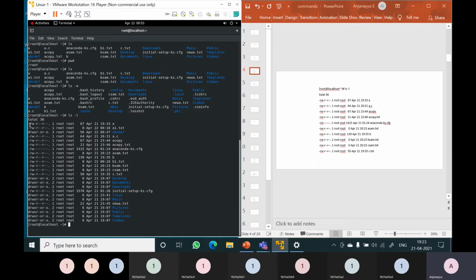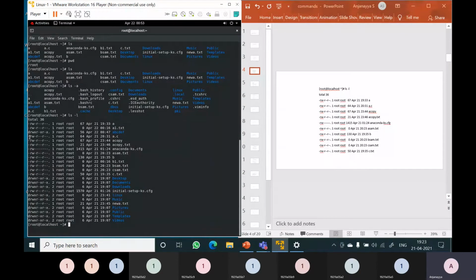So a is a file which is having read write permission for the user, read permission for the group, read permission for the others. We will be discussing these permissions in detail later when I am explaining the permissions of the users, groups and others. Now here you can see that this is blue color, A, B, C, D, E, F is blue color. So blue color denotes a directory. The first letter symbol you can observe here is a D. So D represents it's a directory.